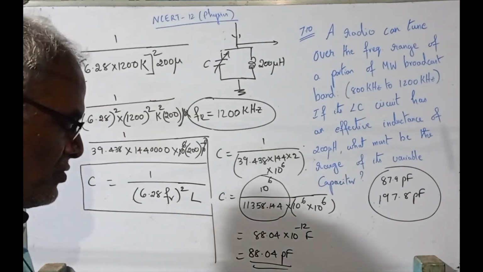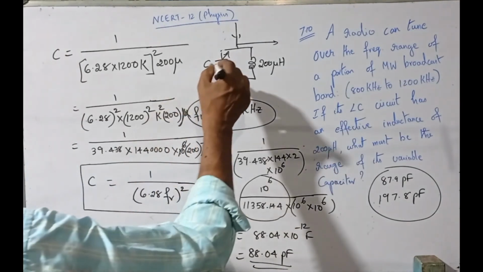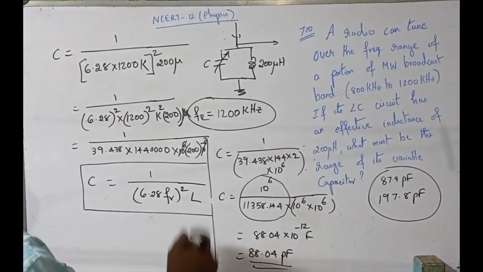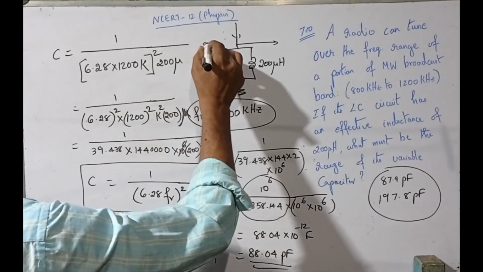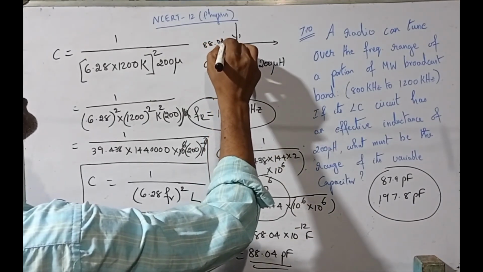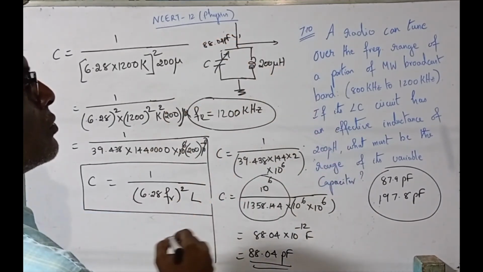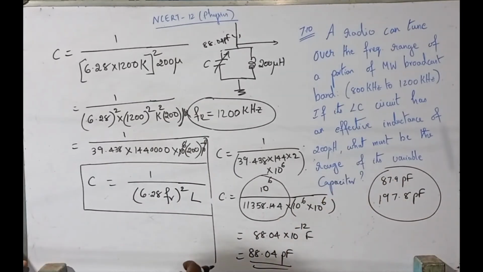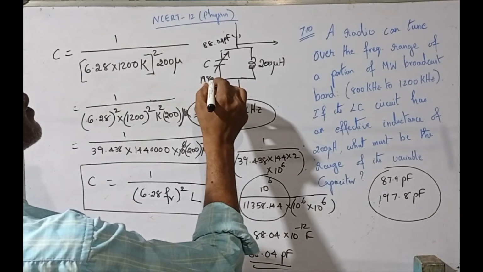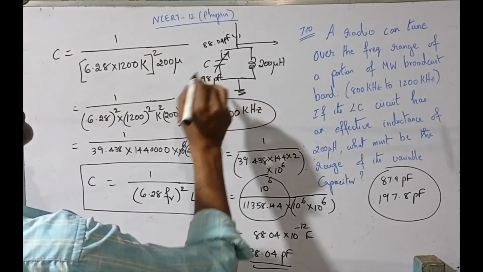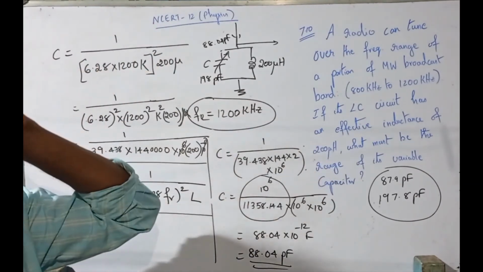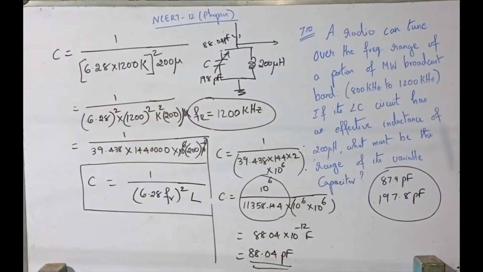The answer is right. So this capacitance will have a value from 88.04 picofarad to 197.8, or roughly 198 picofarad. Now the question is, if you go to the market and buy a variable capacitance,